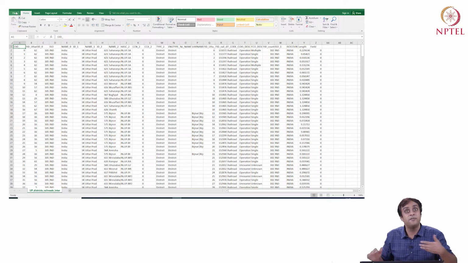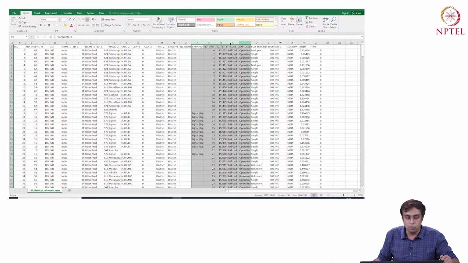I can save it in different formats. You could save it as a text file. You could save it as a .csv file. You could take it to software like SAS, to R, to Stata, whatnot, right? To Python or whatever you are comfortable working with. So the entire data set has now been transported into this particular format, right?